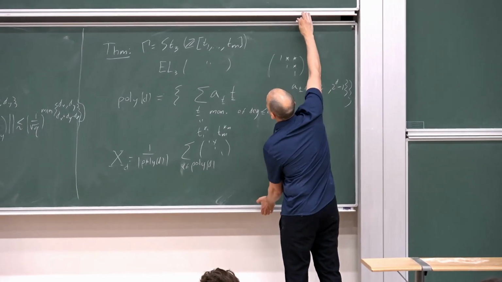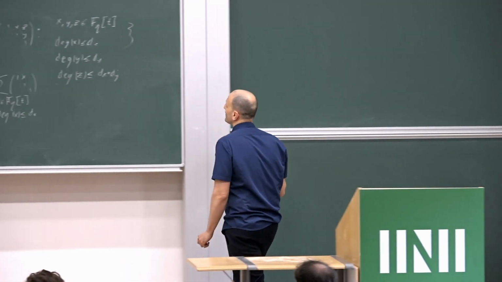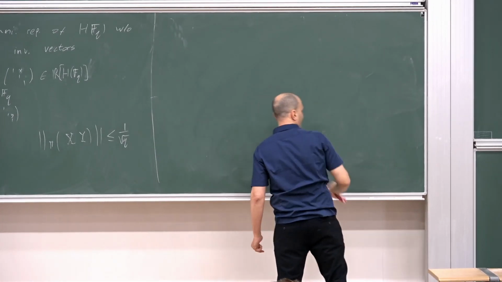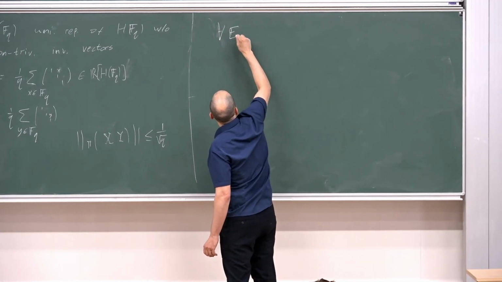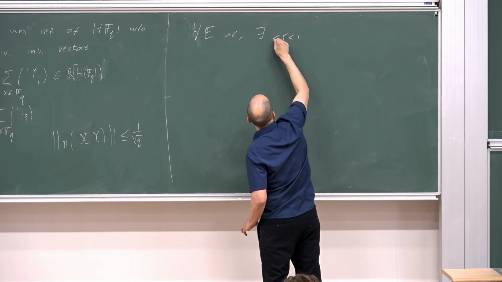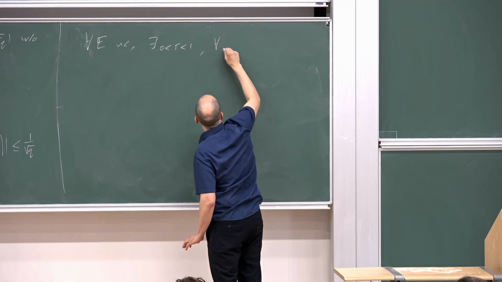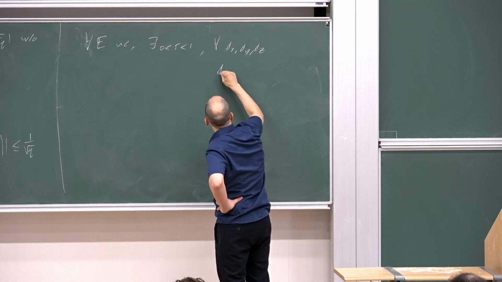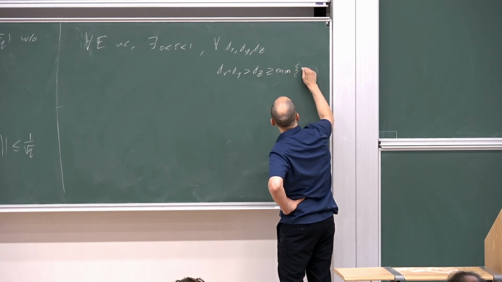And now the theorem is that for every E uniformly convex, there is some constant r between 0 and 1 that depends on E, such that for every d_x, d_y, d_z with d_x plus d_y greater than d_z, and d_z greater or equal than the minimum between d_x and d_y,